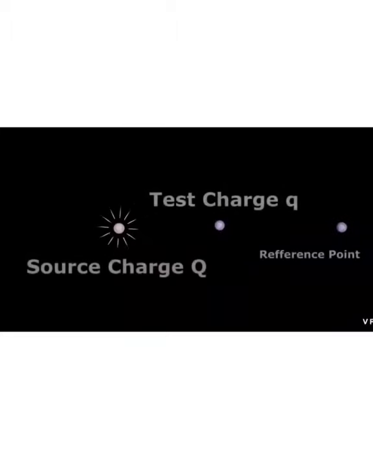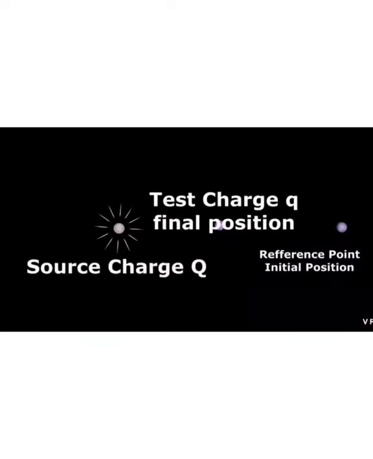Electric potential. Electric potential is nothing but the amount of work done by moving a charge from a reference point to a particular point against the electric field. Here Q is the charge, it produces an electric field. Now we are going to move the charge from P to P, which means from a reference point to another point. Here work done is against the electric force.